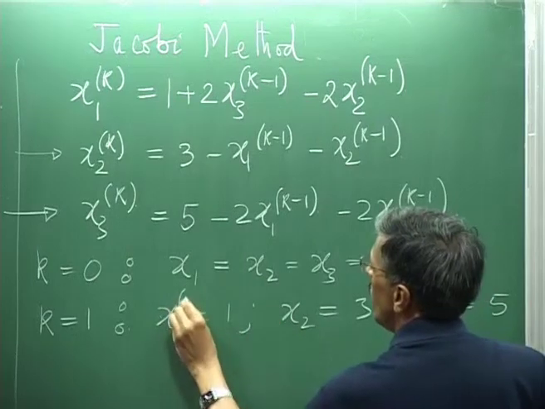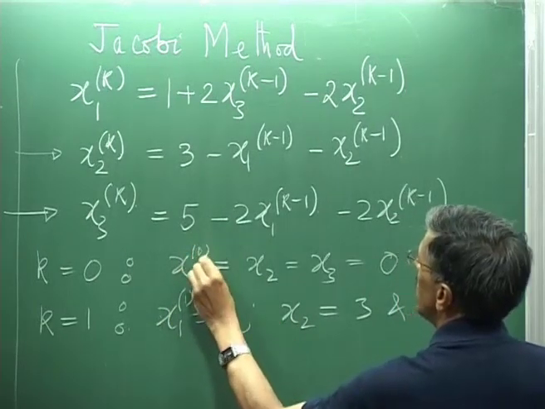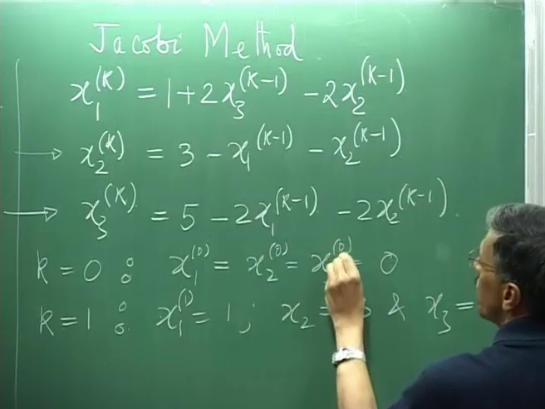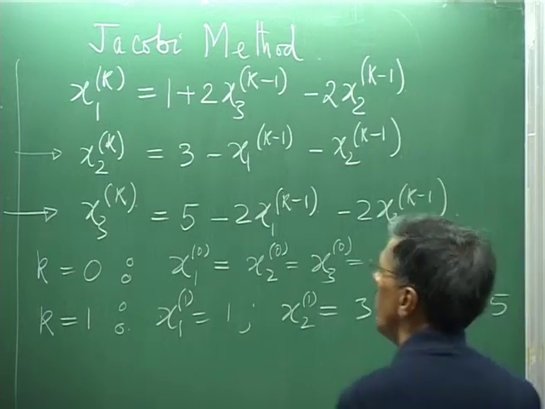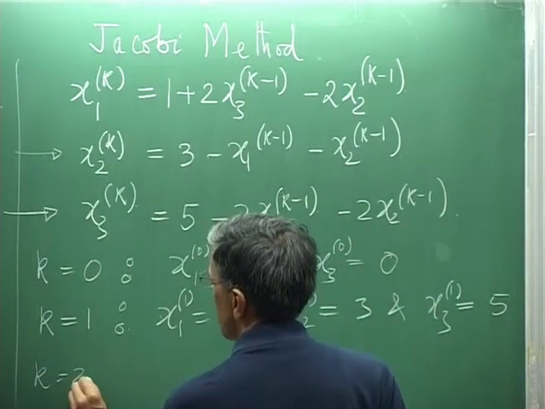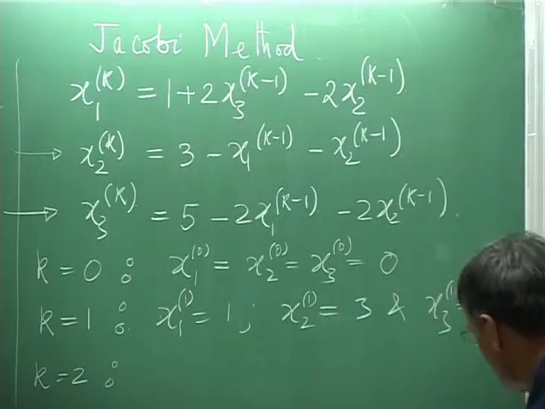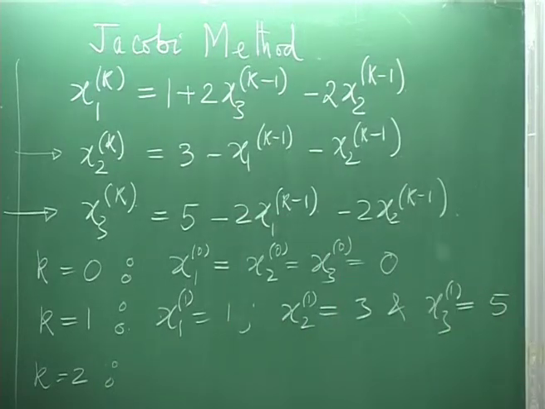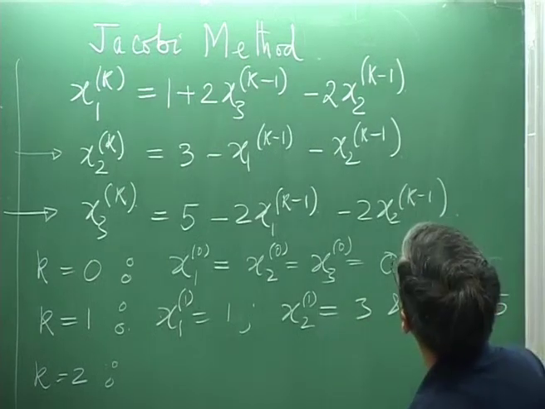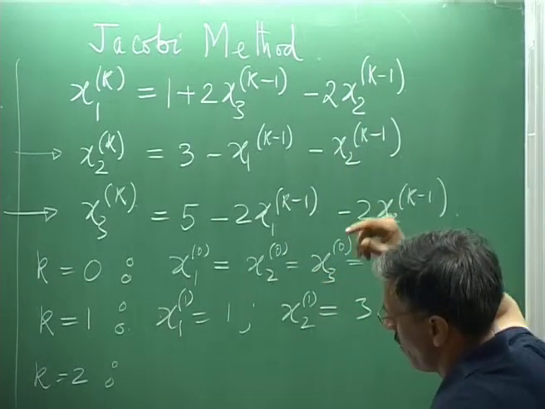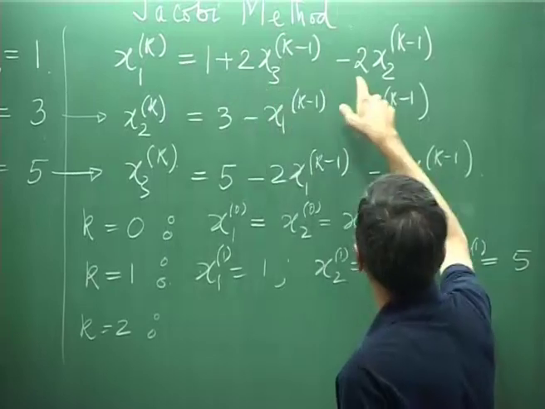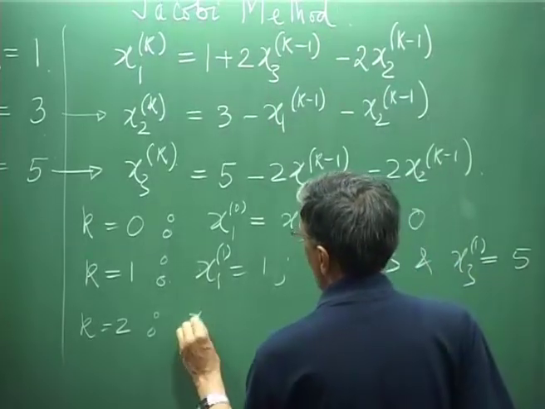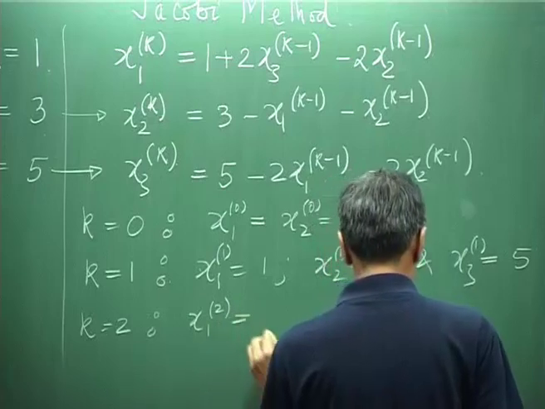So, these are the initial guesses, and from the initial guesses we are obtaining this, right. Okay. Now, the next step, what would I get? So, you just substitute this value of x2 and x3, what I am going to get here. This will be 1 plus 10 minus 6, so that will be 5,